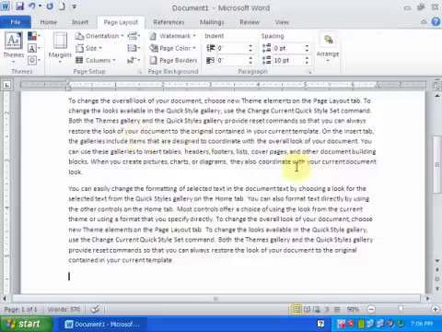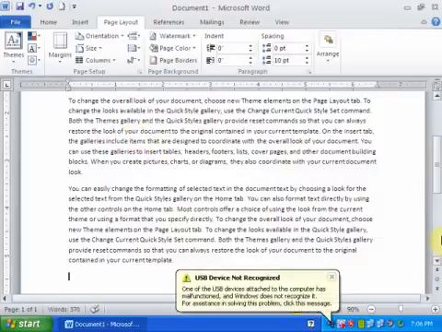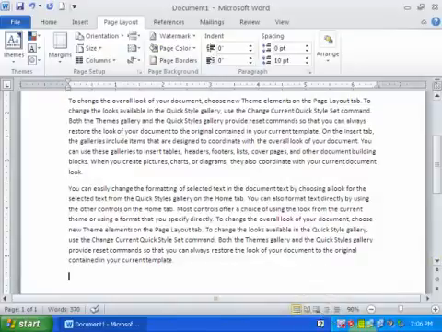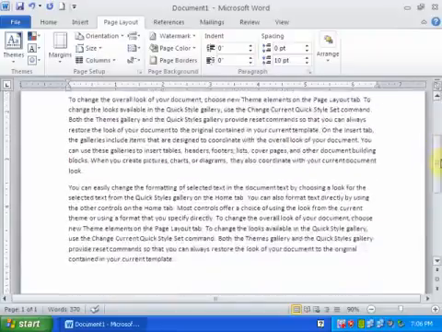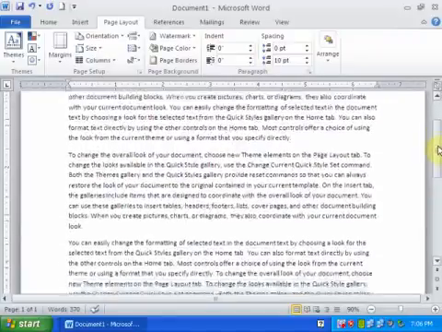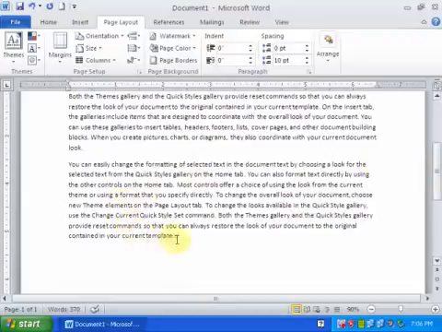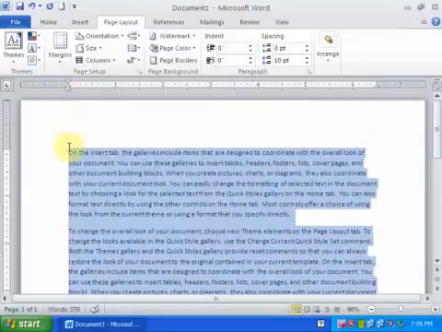Then you can see there are 3 paragraphs here, and you can make a setting of this paragraph by selecting